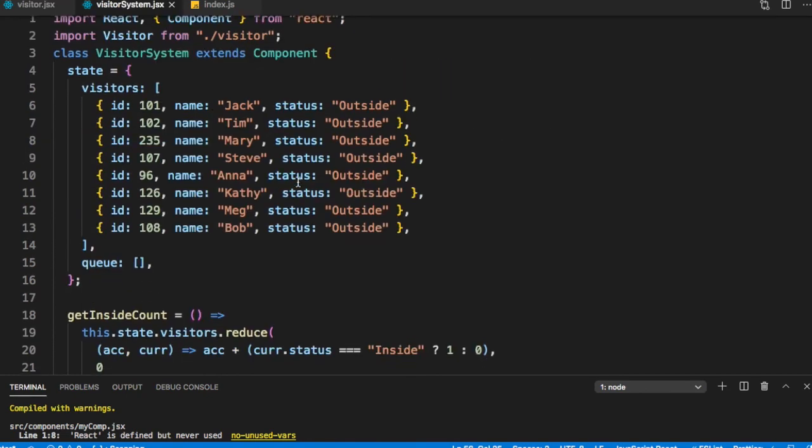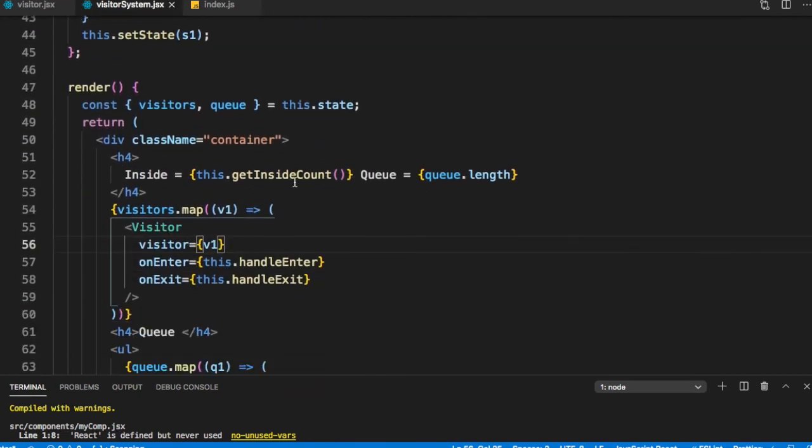So using props, we passed the visitor and the functions on enter and on exit, which this used. So what we have learned in this video is the concept of props and how we use props to define multiple components and use them, and then how we use lifting the state up, the concept of lifting the state up, and why is it widely used.